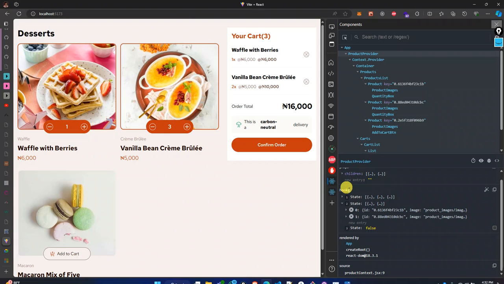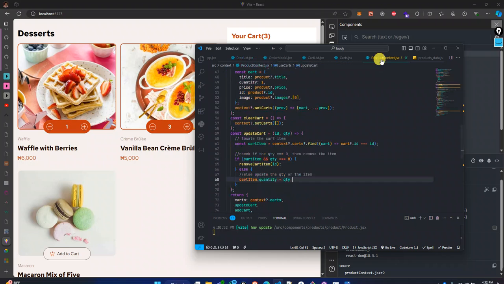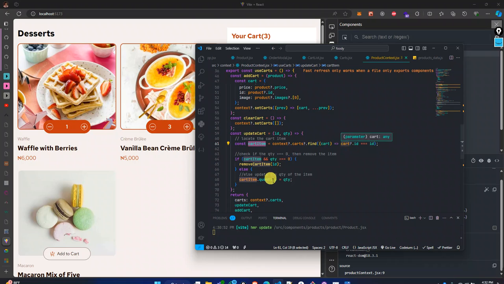The thing is updating the value, but React does not know that the value has been updated, because we are doing mutability here. This one is connected to the one that is inside here. So behind the scenes, the update is happening behind React, and React did not know that the value has changed. In order for React to know that the value has changed, what we need to do here is